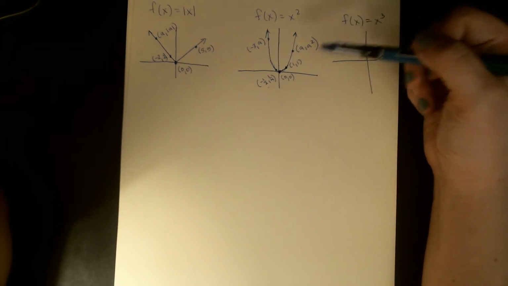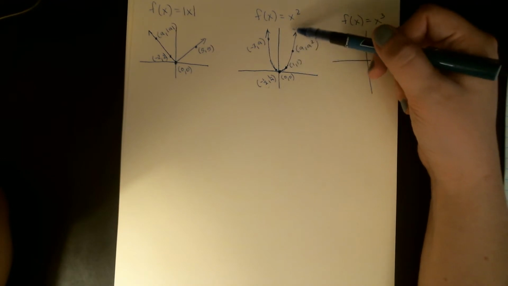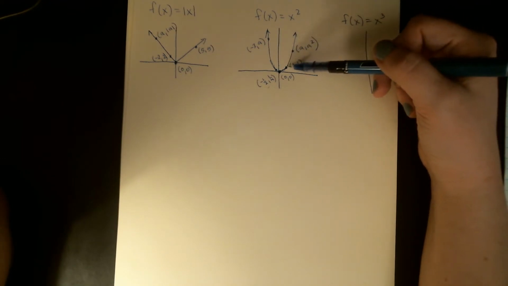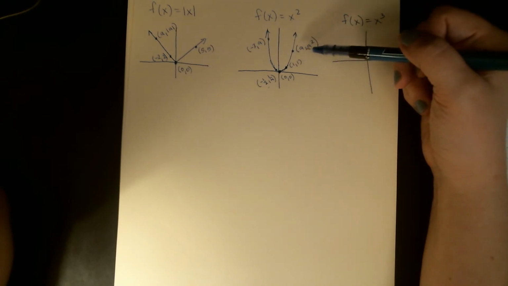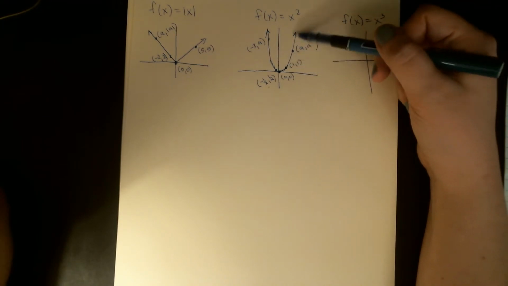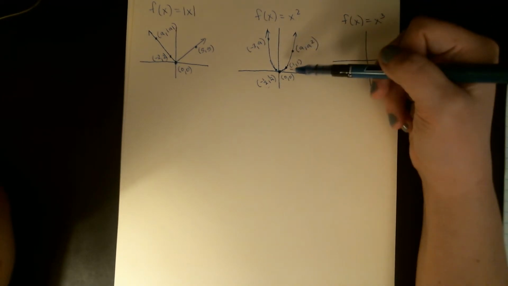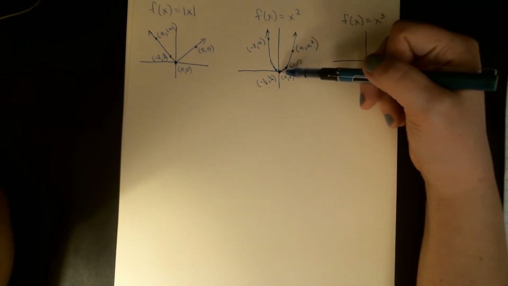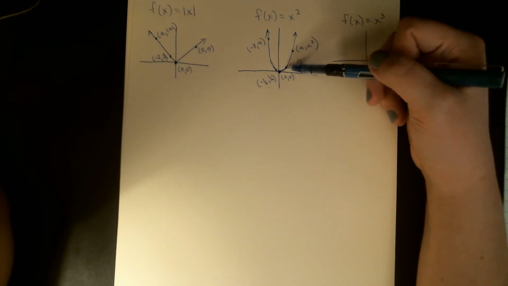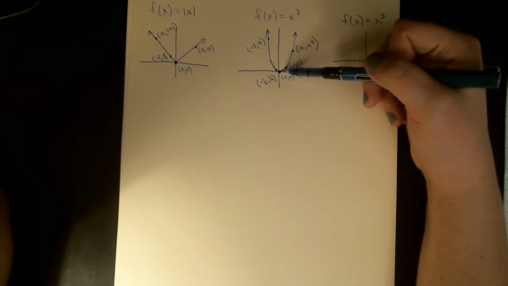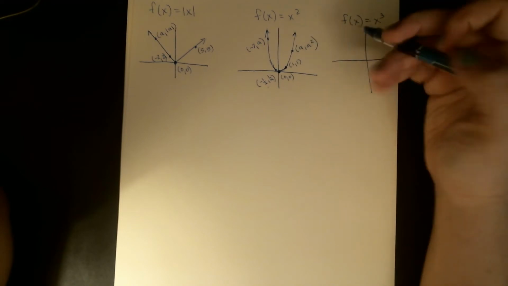Other than that, cubing a number bigger than 1 makes it bigger. So you will get the steep sides, and in fact, cubing it will make it bigger than squaring it. So it'll be steeper than x squared out here on the tail. Cubing a number between 0 and 1 will make it small, and in fact, even smaller than x squared. So it's going to be a little flatter at the bottom, and then it's going to get a little steeper